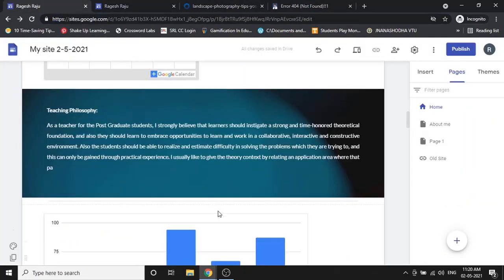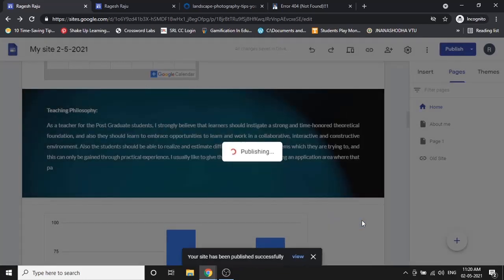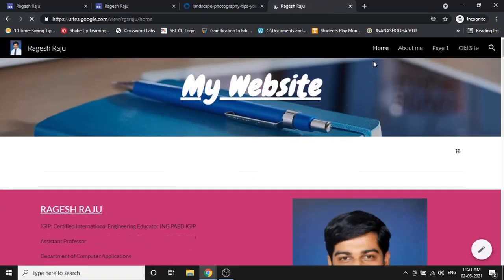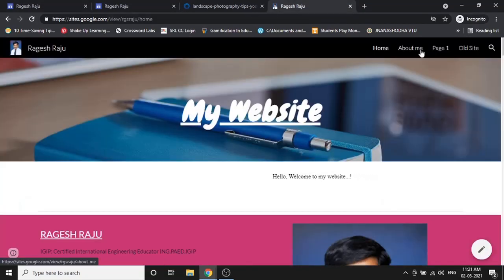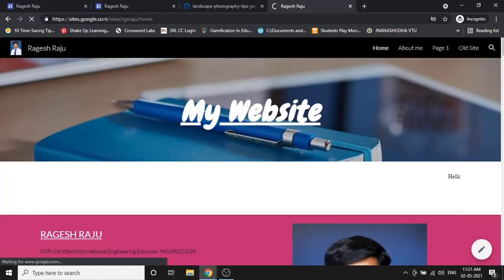Okay, so again later if you want to publish this particular site, I click on publish. I have the same things whatever is given there. I click on publish, it is getting published. I go to the same link which I have there. I just refresh that particular page. Yes, see the page has come here. Okay, so anytime if you want to unpublish or publish the site, you can always do that. So now we are done with it. So this is how we publish a website for free.